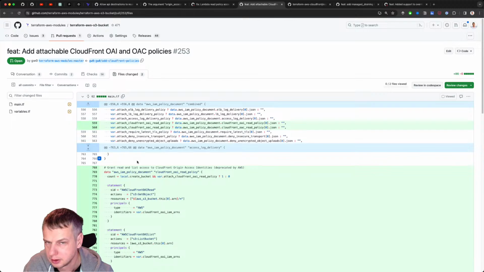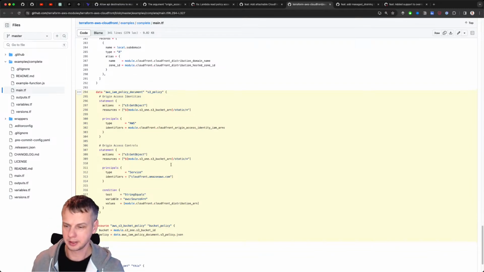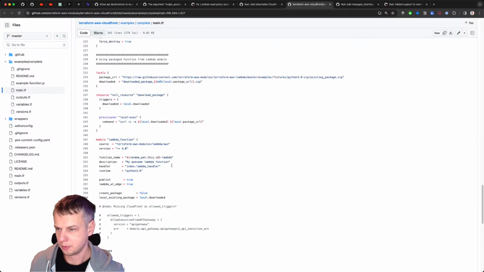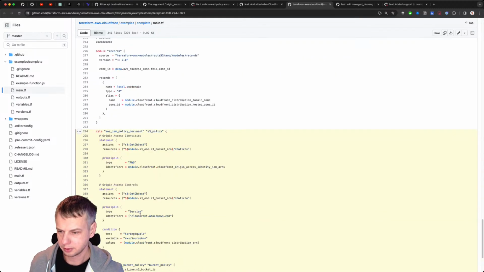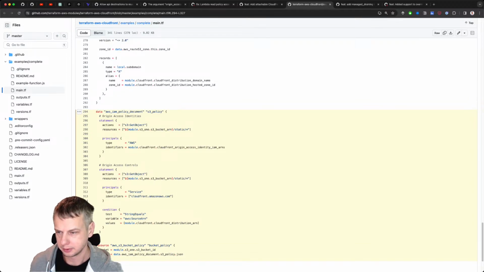So wait, CloudFront as well will have to be improved so that we can get rid of this thing. Yeah, that's pretty cool. So that example will be just shorter and more to the point. So we're going to have to make this S3 bucket and specify a couple of values, and this code will not be used.